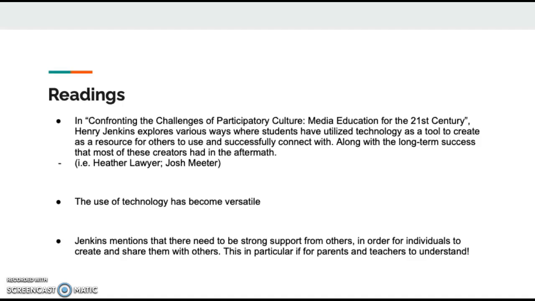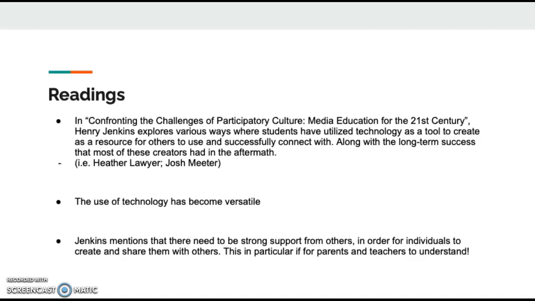In the very introduction of the reading, there are examples provided of how technology benefits both students and curriculum within the classroom. One example he shares is a 14-year-old girl named Heather Lawyer who wanted to help others around her age improve on the reading and writing skills that they were struggling with. She decided to have a website that had staff of more than 100 people across the world. This became successful and was integrated in their school's curriculum later on.